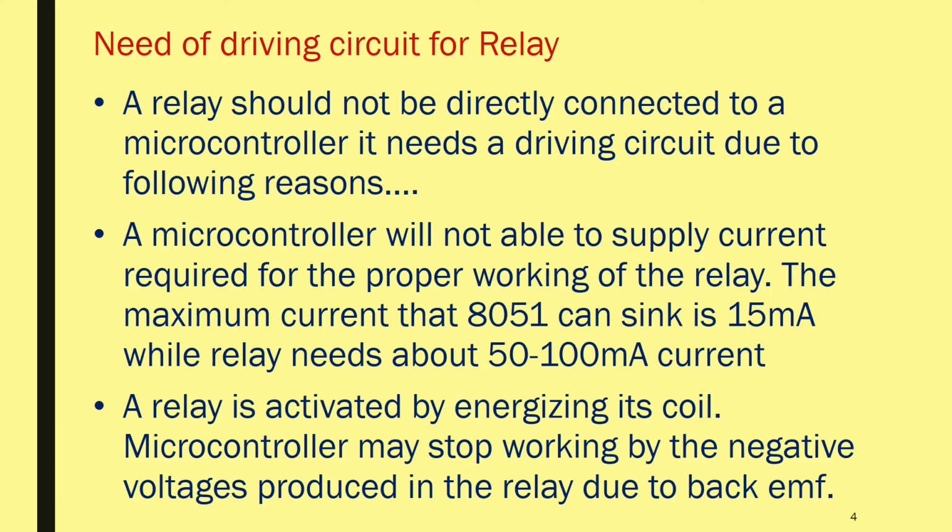A relay is used to control devices like appliances or a ceiling fan at our home. The ceiling fan may run at 230-volt AC and draw a current of approximately a few amperes, 3 to 4 amperes. Therefore, if we consider 4 amperes, then 4 into 230 will be 920 watts. Of course, we can control AC lights depending upon the relay ratings. A relay can be used to control even DC motors in applications like robotics also.